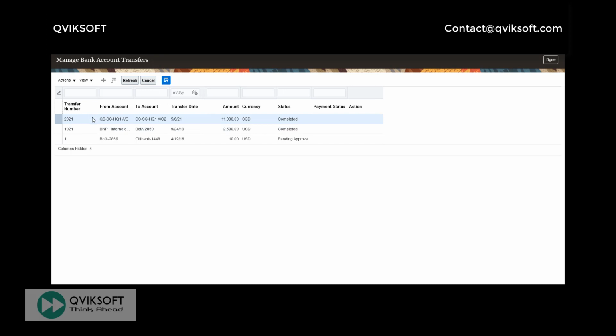Now, at this stage, if I made a mistake for some reason, you notice there is no editing option. I can just cancel it. Let me first complete it. We will cancel it later. Now, I want to see what external transactions are created against this in the system.